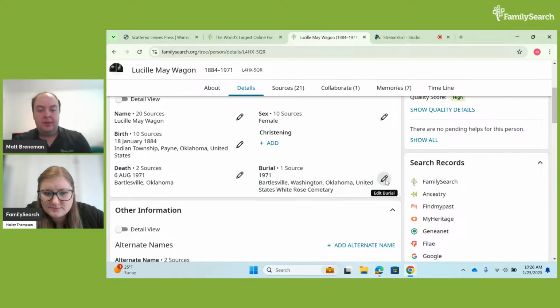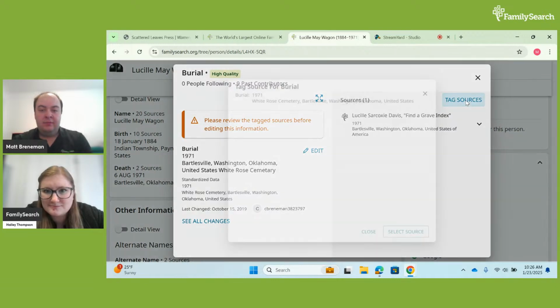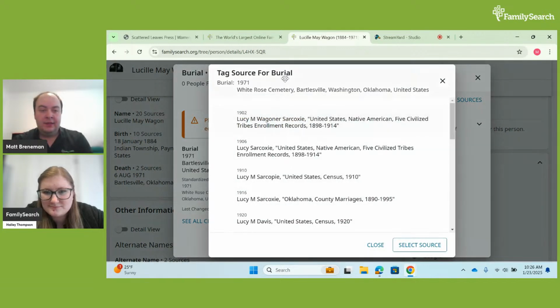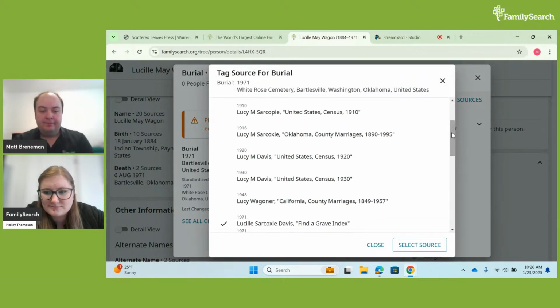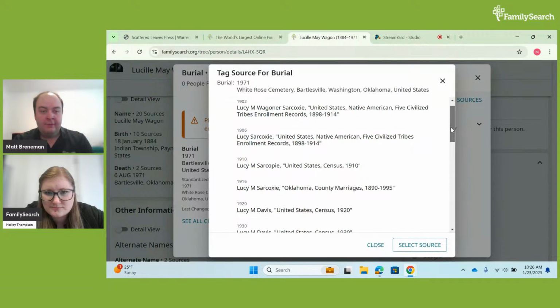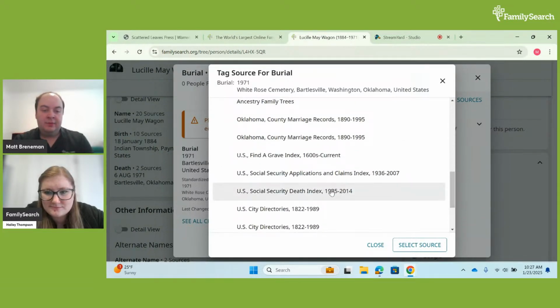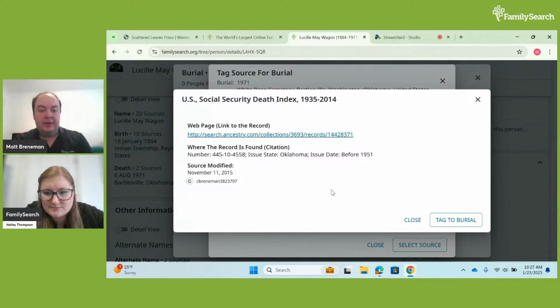I'll press on the pencil icon. And then here on the top right, we'll have tag sources. And so we'll press on tag sources, and you can scroll through the sources that you have on the person page. So for example, I'll press on this Social Security Death Index.